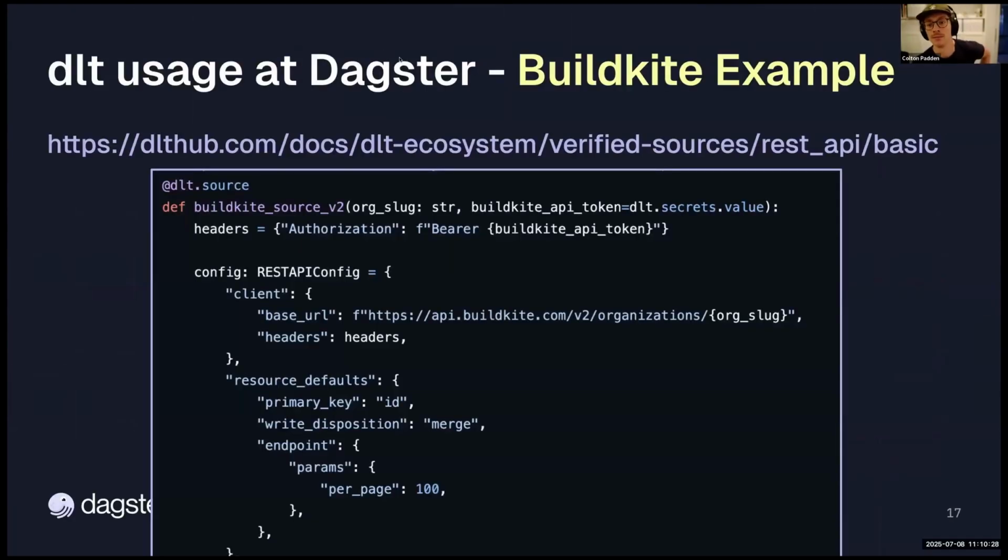Some examples of that, we use BuildKite for our CI of the Dagster mono repo, and we ingest information about those CI pipelines using DLT. So you can see we have a DLT source here using the REST API source. And Aashish, again, will go into details of this coming up. But you can just provide a schema for an API, and it will automatically handle the ingestion for you. So we're doing that for this BuildKite API, and it automatically knows to do pagination, querying multiple APIs and joining them and writing it all into one destination. So that's one way we're using it. If I go to the next slide,